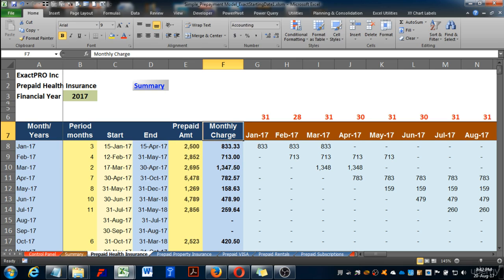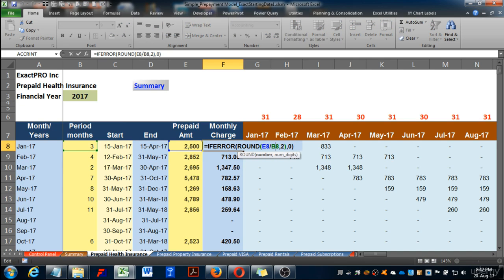Now accordingly we have to change this monthly charge to daily charge, because we want an accurate days calculation from the date it starts and also when it ends. So we want to have a daily charge instead of monthly charge. Let's do that. Instead of dividing by 3 months, we'll be replacing this B8 with D8 minus C8, which is nothing but end date minus start date. I press enter and I get the daily amortization value, which is 27.78. And I'll change this heading to daily charge.